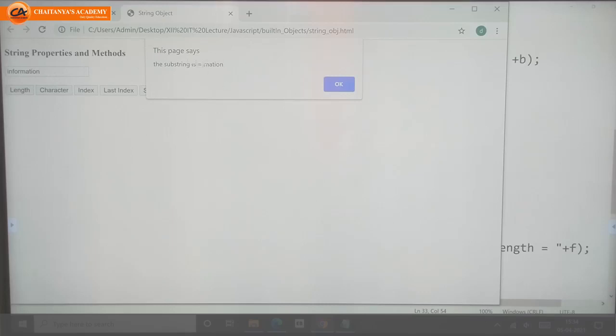As I have given 5 comma 12, actually only 11 letters are here, but I gave 5 comma 12. It will start the string from 5, that is M, but it will end at N, that is 11, because the 12th letter is not here. So it gives me the remaining string.